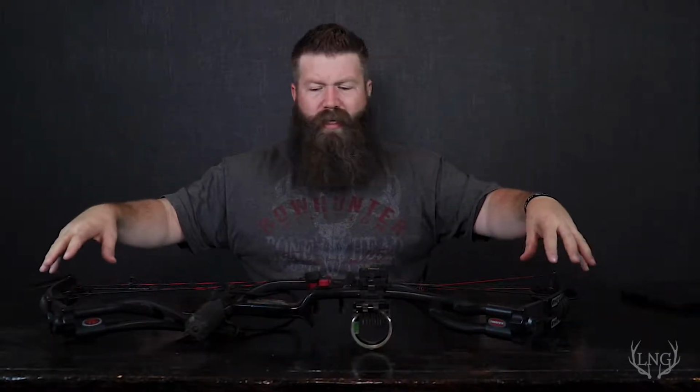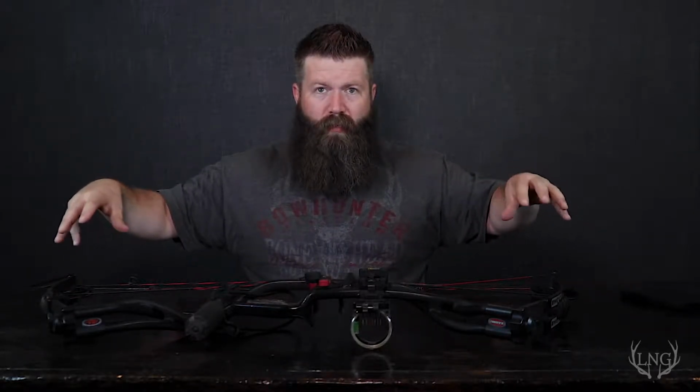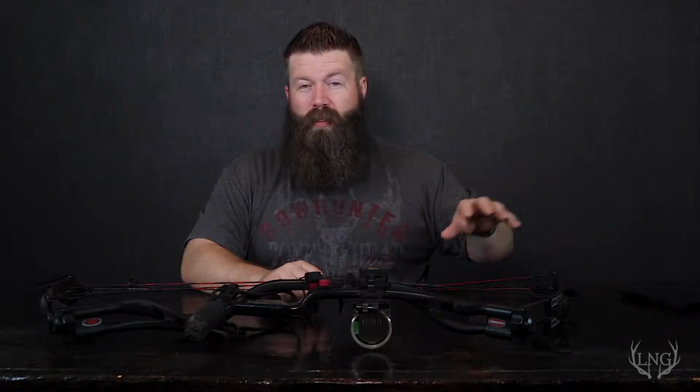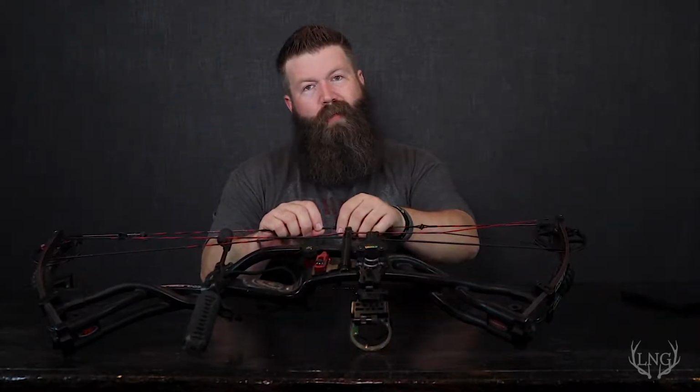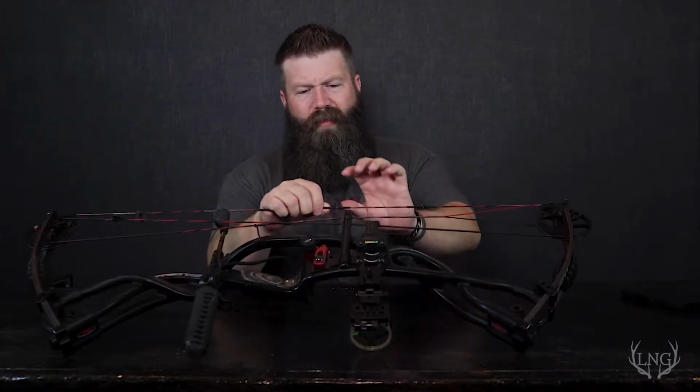Because sometimes these are kind of hard to get exactly right, because you've got Allen wrenches and you move them to clicks. So you can get them super close, and if you're still a couple of millimeters off, shorten your D-loop, lengthen it a little bit, not a long ways, because you don't want a 2-inch D-loop and look all